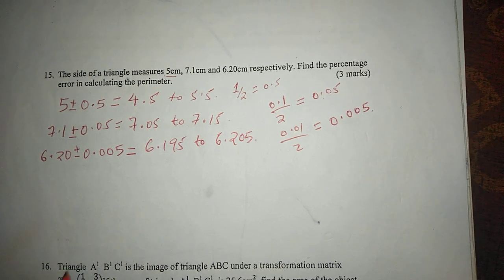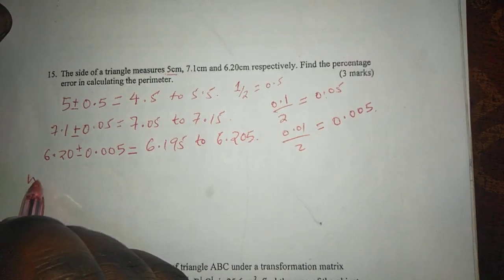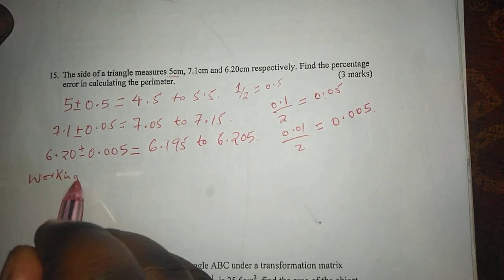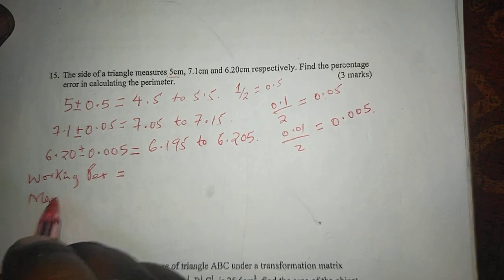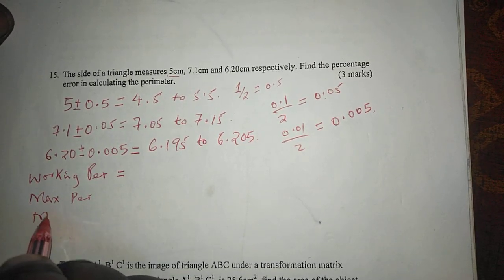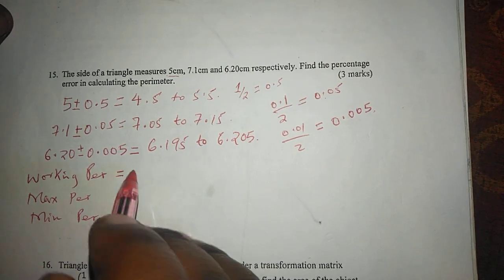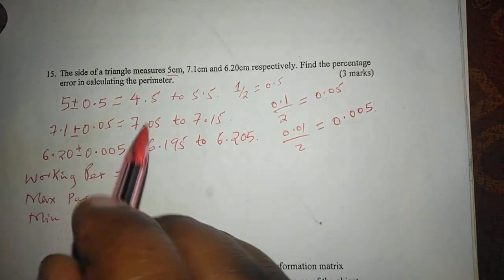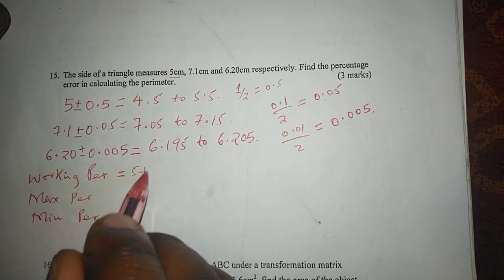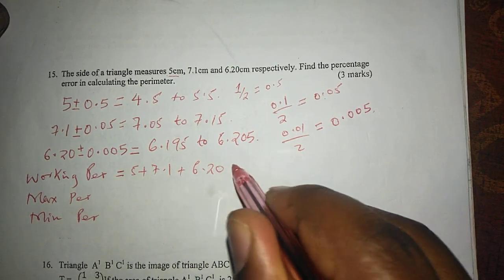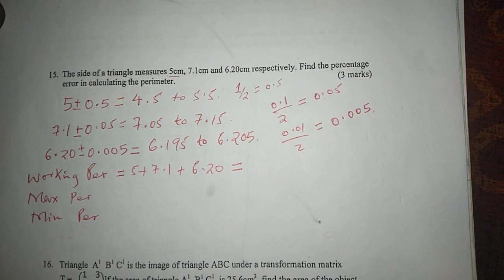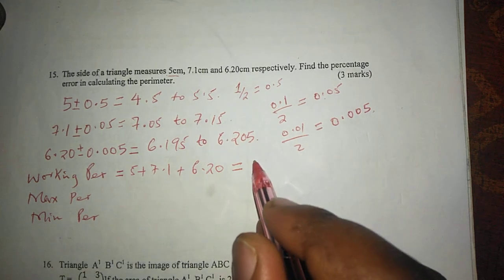After that, we usually calculate the working perimeter, the maximum perimeter, and the minimum perimeter. So the working perimeter will be given by the raw recordings, which will be 5 plus 7.1 plus 6.20. So we take 5 plus 7.1 plus 6.20, and this gives us 18.3